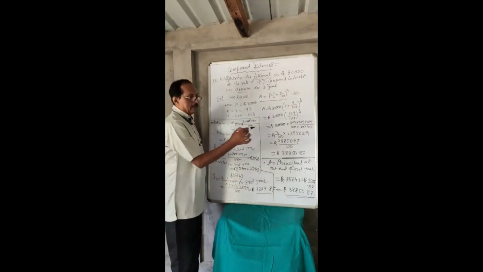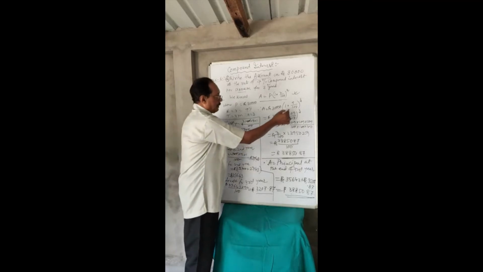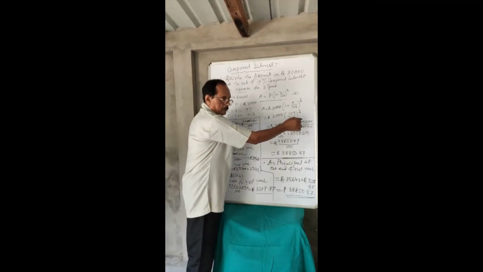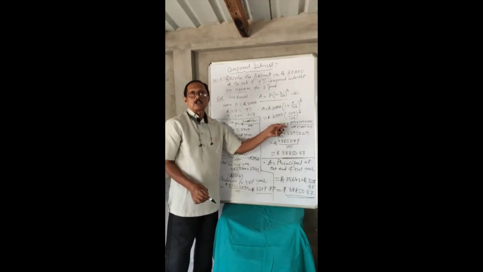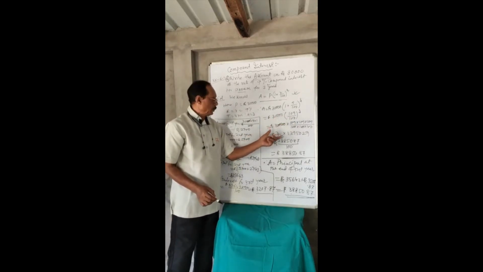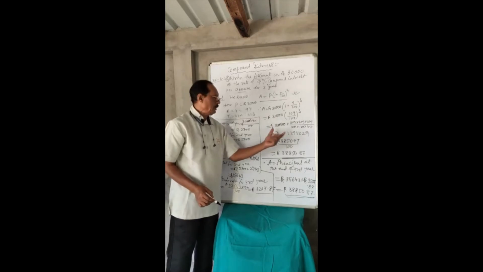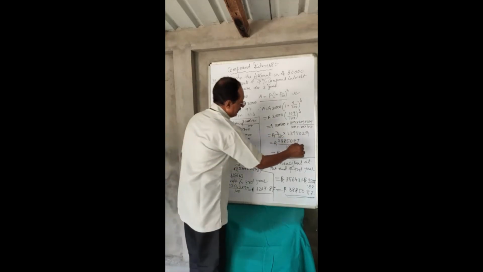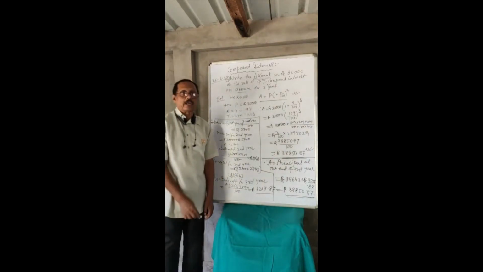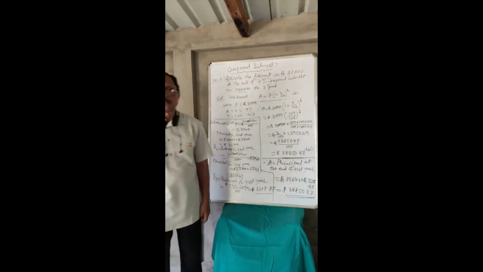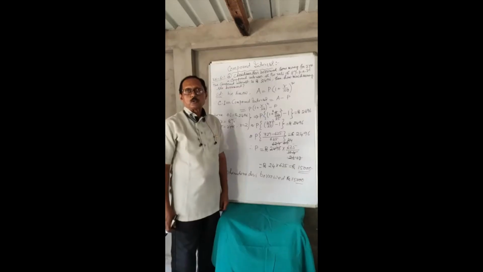Here a little problem is there, you have to multiply a little bit, because the data has been given in such a way that it is not cancelling each other. That's why you have to do a little long calculation. So finally you will get the same answer. You can use any one of the methods as you like.